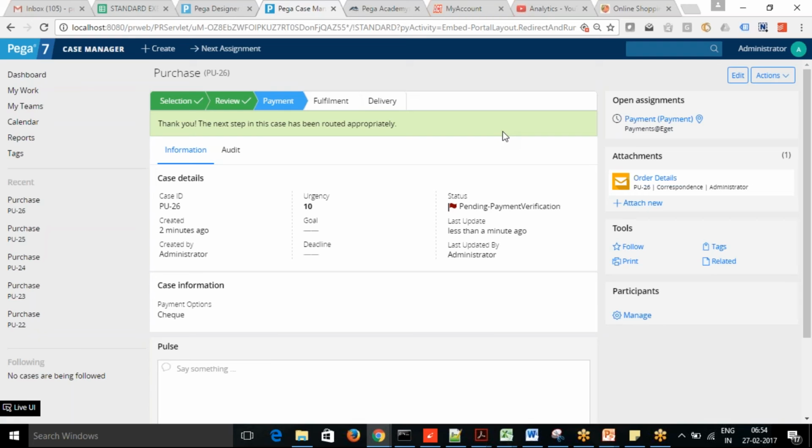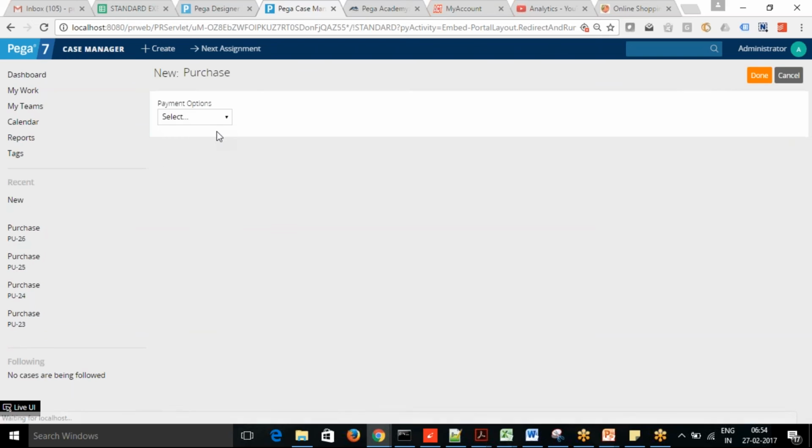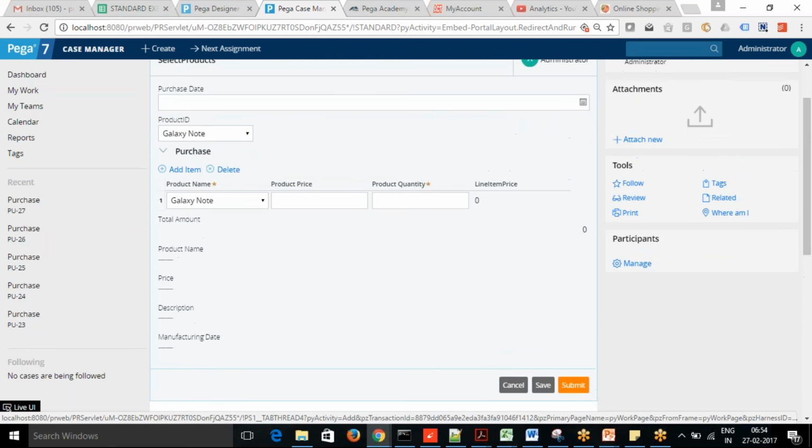See, data pages are declare rules. Okay, I'll give you an example. Now if you see here, the detail is actually coming from a data page.